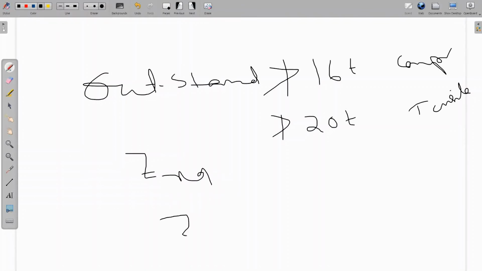If you go to the steel table and find a Z whose value is greater than or equal to Z required, fine. If you do not find this value, that means you have to go for a built-up section. Or if you find a section whose Z available is more than Z required, but your depth is limited, suppose you can give a depth of say 400, but you got a section whose depth is say 500 to 600, in this case you cannot provide it. So in that case, you have to go for a built-up section.